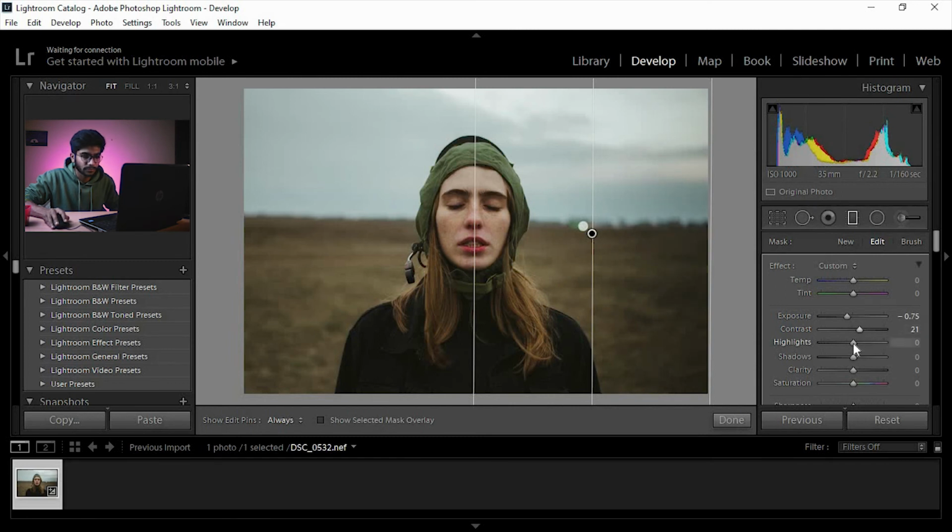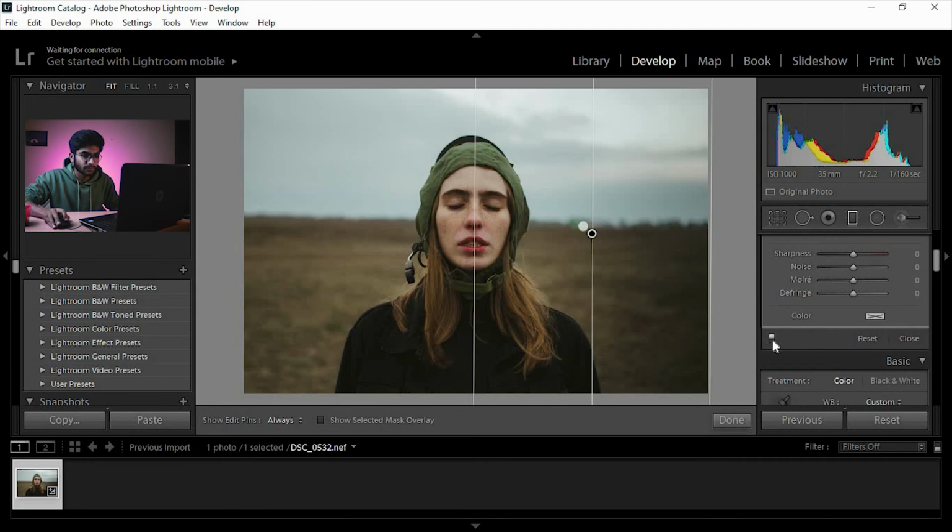I like this look. Decrease highlights, decrease a bit of shadow, clarity, decrease a bit of saturation, and you can see what we did here.